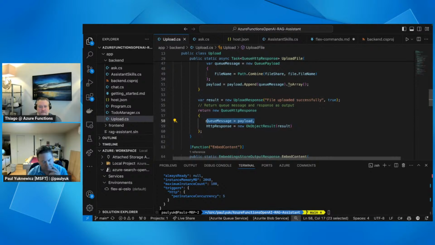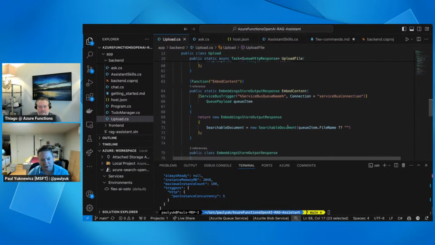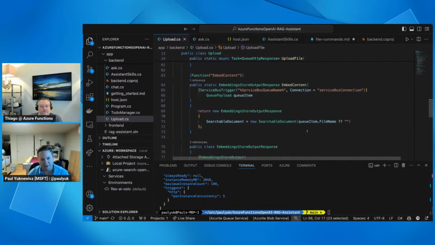In general, when you're doing a lot of data processing, I like to do it async, and I like to do it using queues and messages. So we went the extra step, and we're going to queue this data up and start creating that queue of content to embed. And then you can see that once we've queued up the data, we have a Service Bus trigger that will receive those queued documents off.